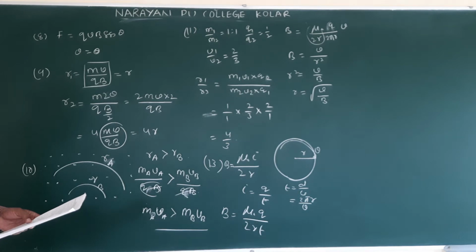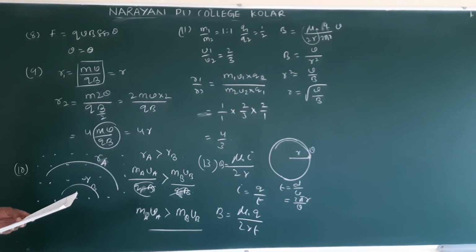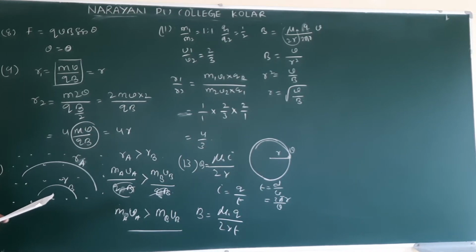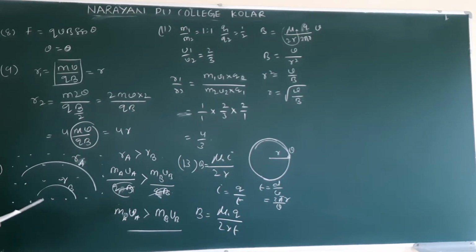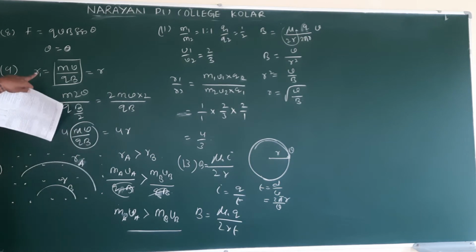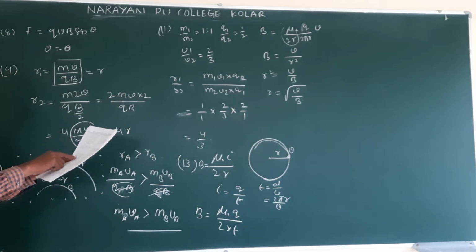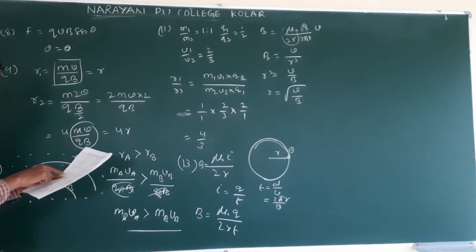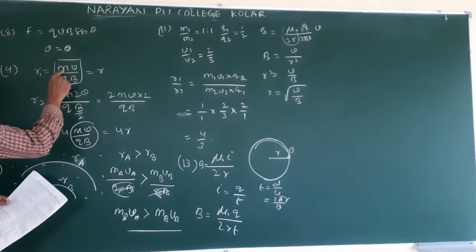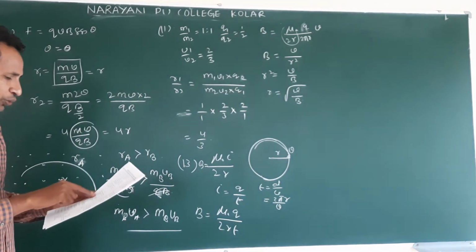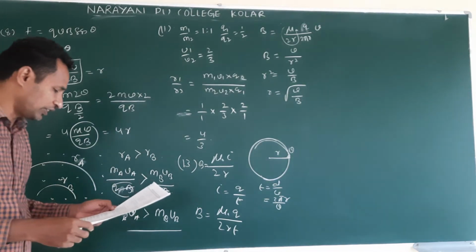Next, option 3, question 14. An electron moving in a uniform magnetic field of induction B; its radius is directly proportional to what? What is the radius formula? It is already there: mv by qB is equal to r. Based on this, R is directly proportional to mass and velocity. Which option is there? Check it. Mass is not given, only speed is given. So option 3 is correct.